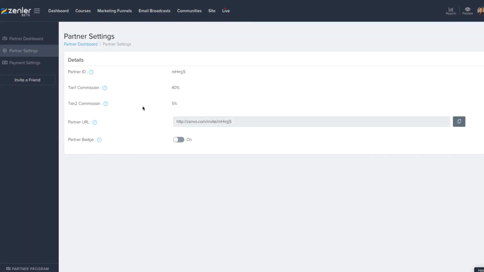Now here you see right at the bottom, you've got 5 options and we are looking at the Partner Badge. And just to highlight that, it shows a partner badge on your site. Now we have the ability to enable and disable it, on or off. So if we show you with it on,